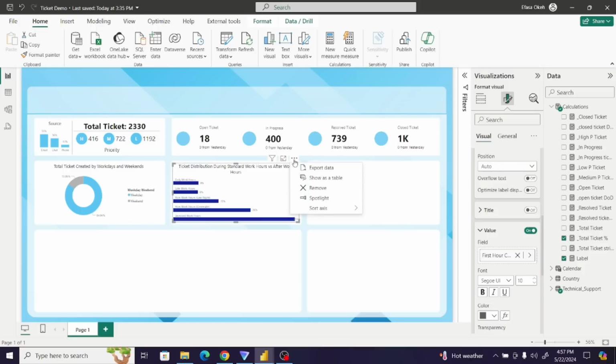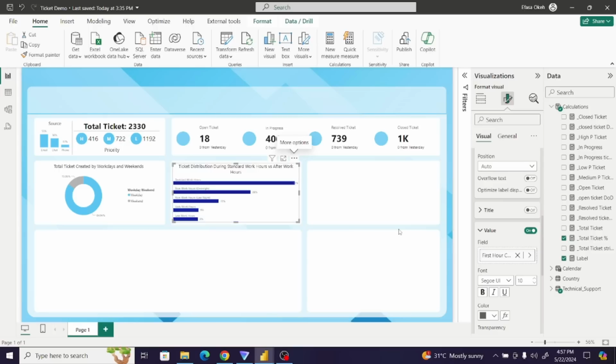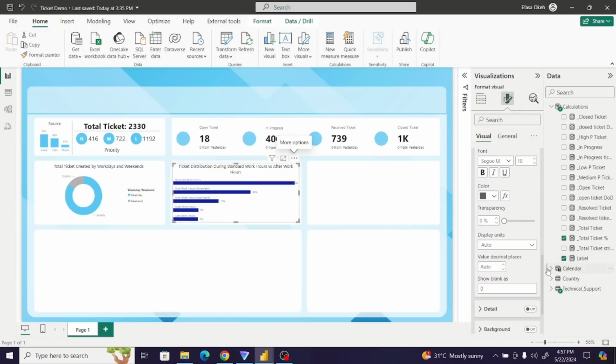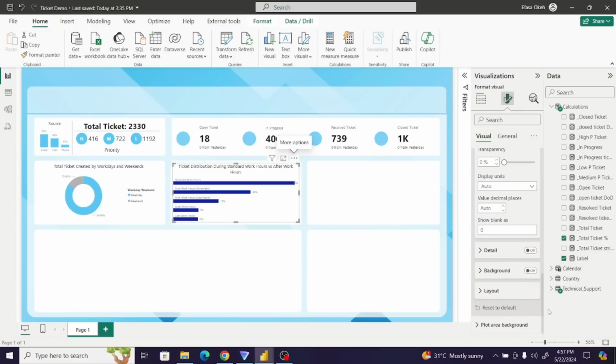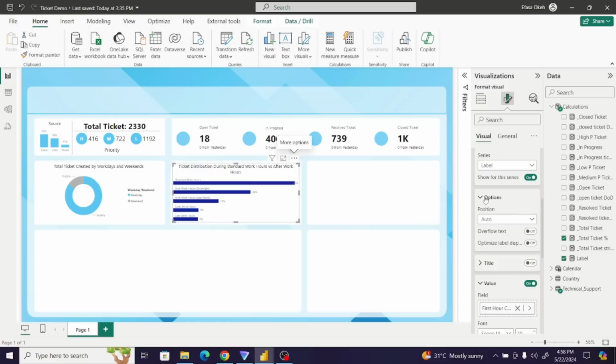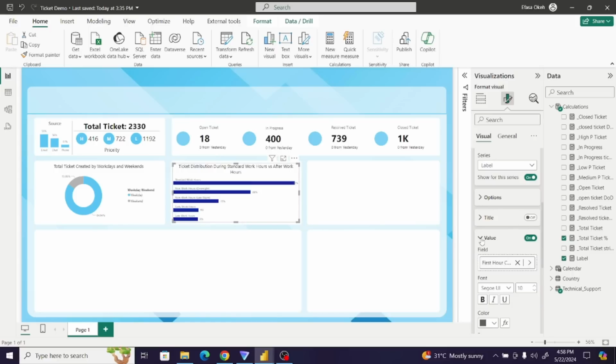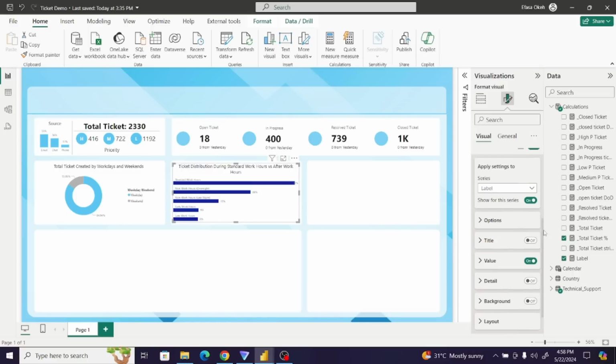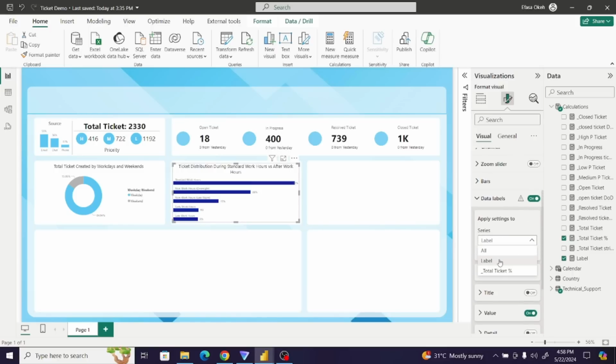I can decide now to filter this by let's say ticket percent. Great. So we still have issues here. We'll take care of that. So next I will scroll down, and what do I need to do? Okay, so come out of here, scroll up a bit, change this to all,